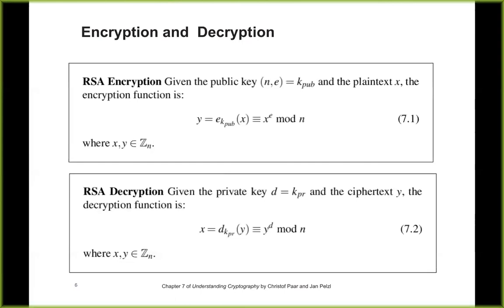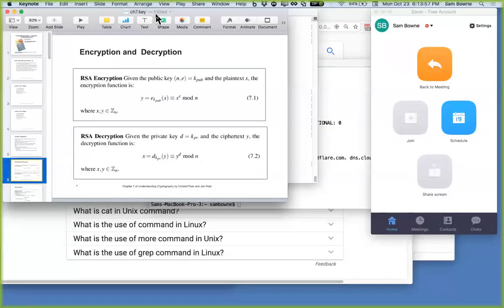Anyway, the math is extremely simple. All you need to do is take things to a power and use modulus. So X is the plain text, Y is the ciphertext, E is the encryption key. So you just take the plain text, turn it into a number somehow, then take X to the E mod N, and that is the ciphertext. And at the other end, they take the ciphertext Y to the D mod N to undo it. You remember back when we did modular arithmetic, we were talking about finding the multiplicative inverse. If you use one number to scramble something on a ring, there's often another decryption key where the same process will unscramble it.